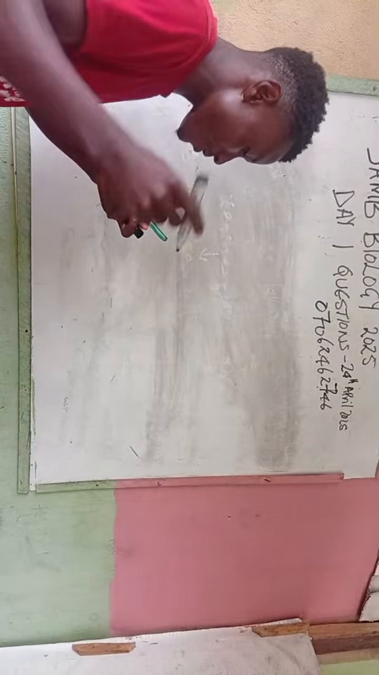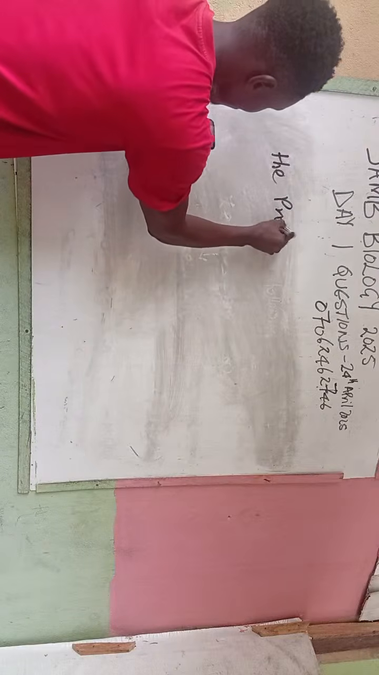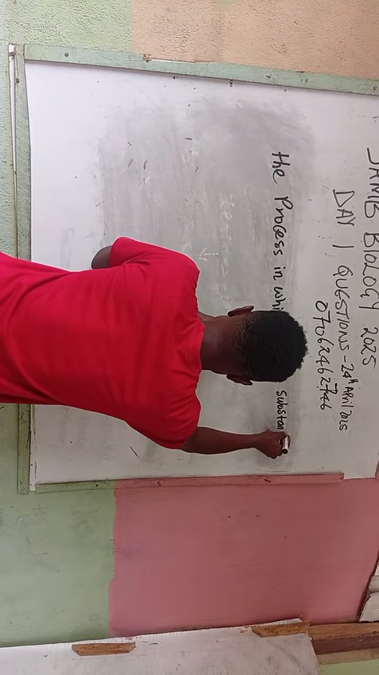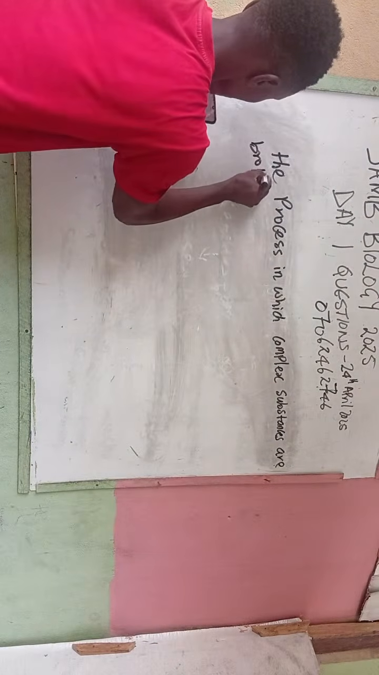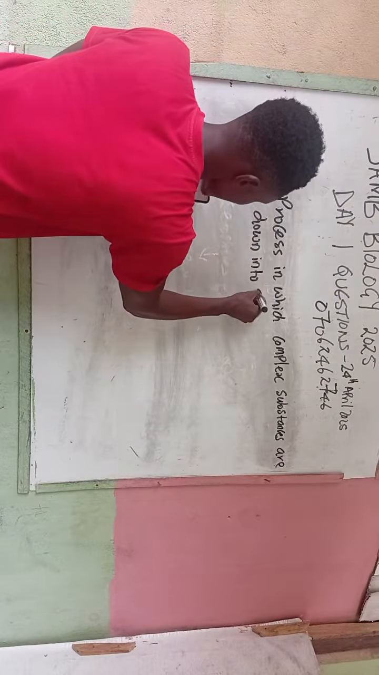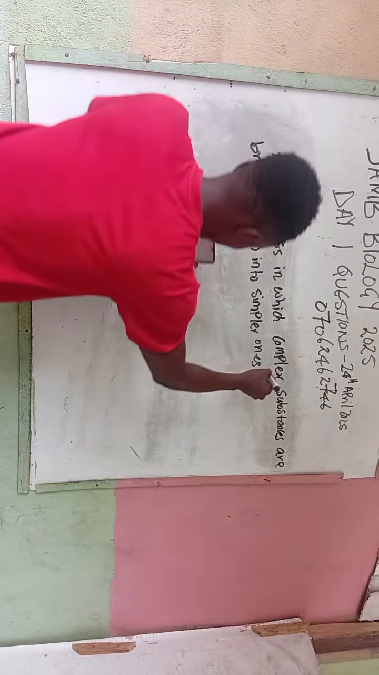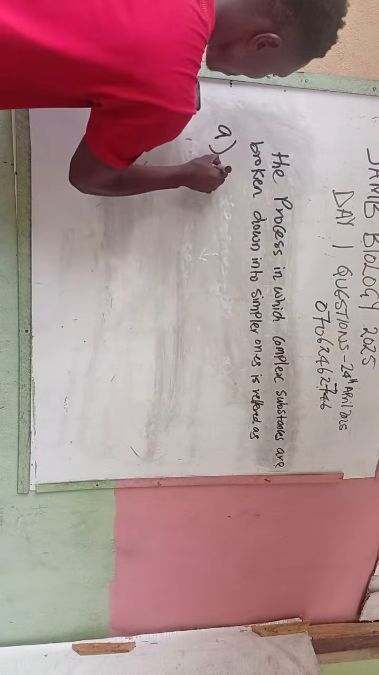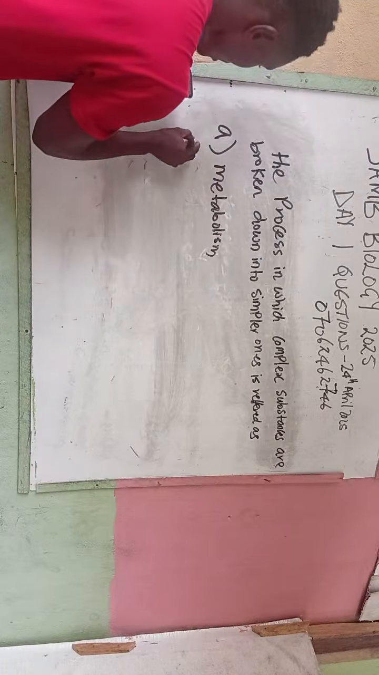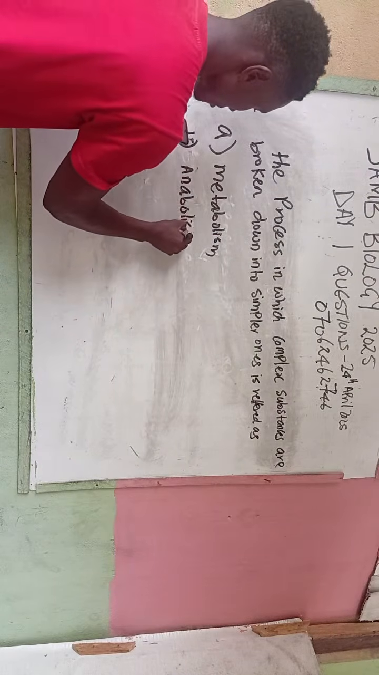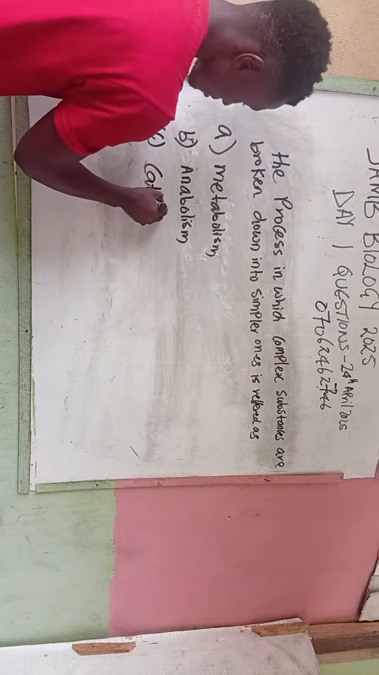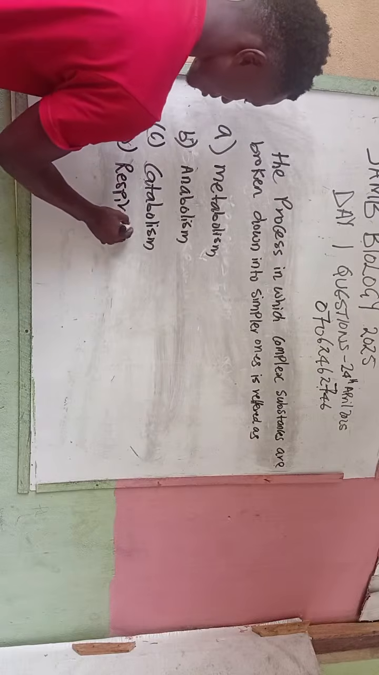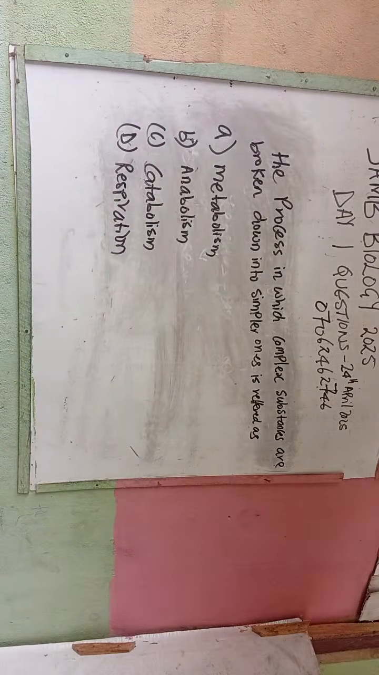So the process in which complex substances are broken down into simpler ones is referred to as: A. Metabolism, B. Anabolism, C. Catabolism, and D. Respiration. D is known as respiration. So the answer there is